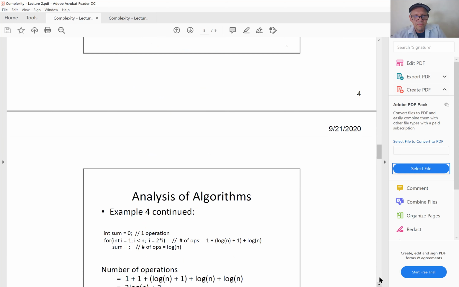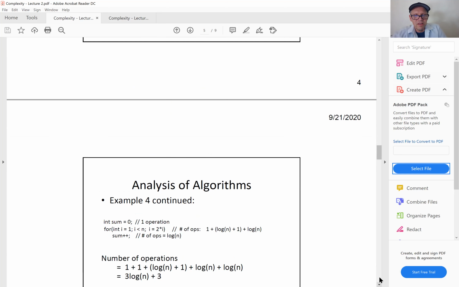So let's just see if we can estimate the number of operations. Okay, so it's about log of n iterations. Now if I'm assuming n is a perfect power of 2, like 8 or 16 or something like that. So one operation to assign 0 to sum, another operation to assign 1 to i, that just happened each one time. Okay, i less than n, because we're doubling i each time, it's about log n plus